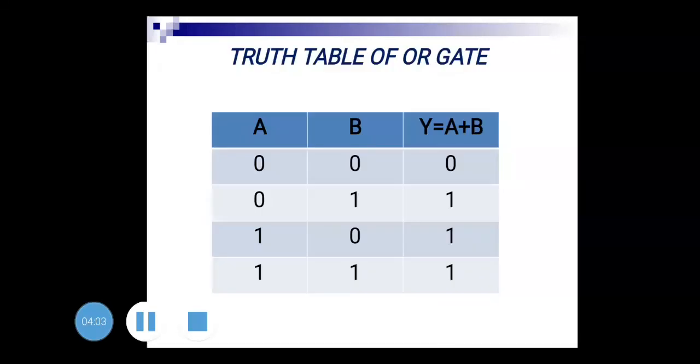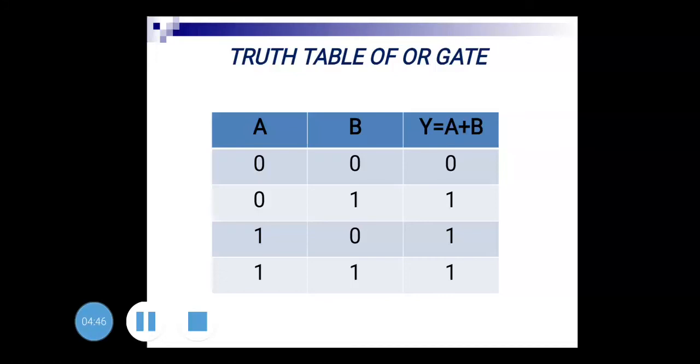Now we have seen the mathematical equation of the OR gate in the last slide. As I said, any digital circuit output can be represented in 2 forms. One is the mathematical equation or Boolean equation, which was shown in the last slide, and the second one is the truth table. A truth table can represent the output as well as the inputs, as shown here. Check out, the truth table of the OR gate is given here. It consists of the first column A as input, second B also as input, and the last column Y as output, and Y is equal to A OR B.